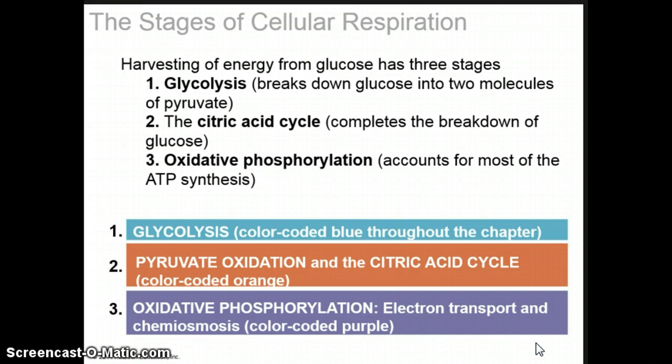Cellular respiration can be broken into 3 separate stages. There's glycolysis, there's the Krebs cycle or the citric acid cycle, and then the last is oxidative phosphorylation. In each of those,